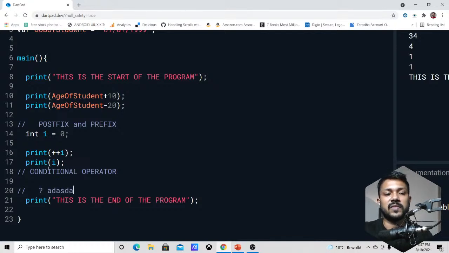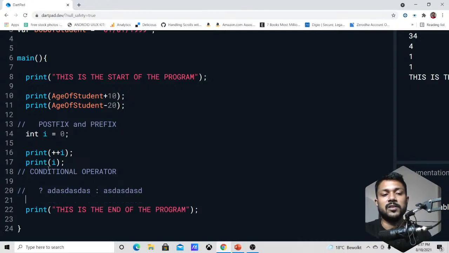Followed by that, you have a bunch of actions here and a colon right here. So there's going to be another bunch of actions right here. So this is how you're going to write a conditional operator. So what I'm going to do now is to try to print this now. I'm just going to say if age of student is greater than 23,